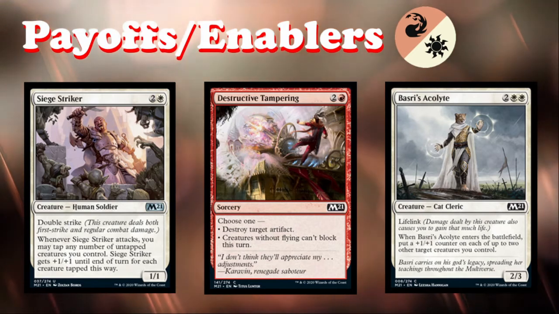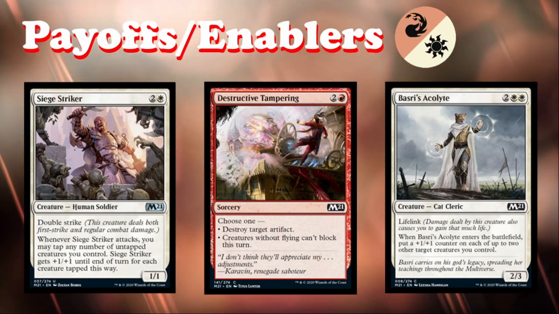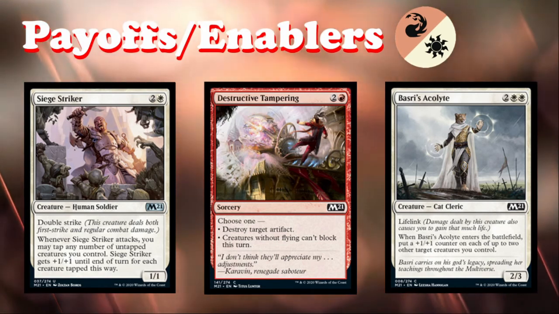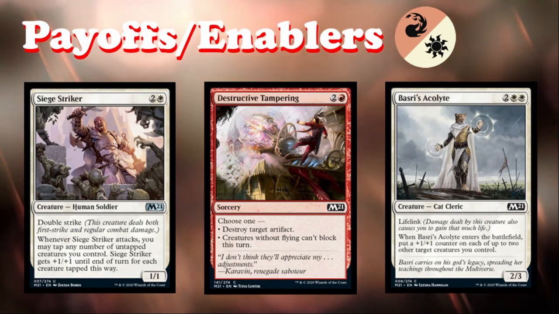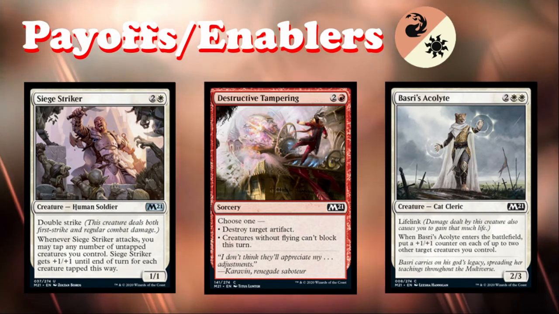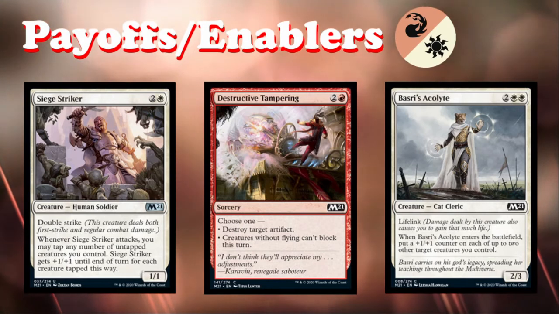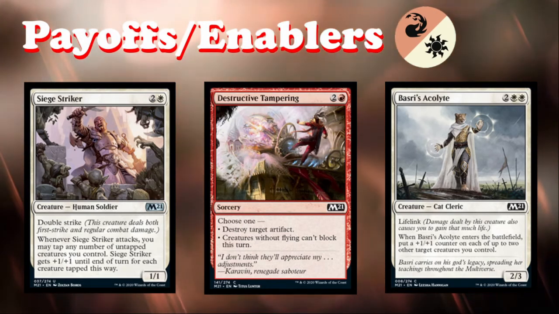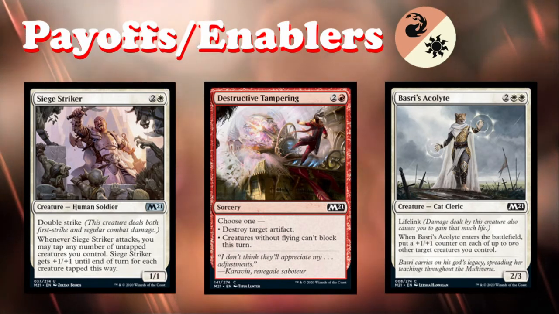If your deck is not built to make it into the late game and win through a stabilized board against a control deck or something like that, you might need a card like Destructive Tampering to win the game for you. Obviously, this gets even worse against flyer decks, and you don't care about the destroy target artifact part, but effects like this do pull their weight every now and then